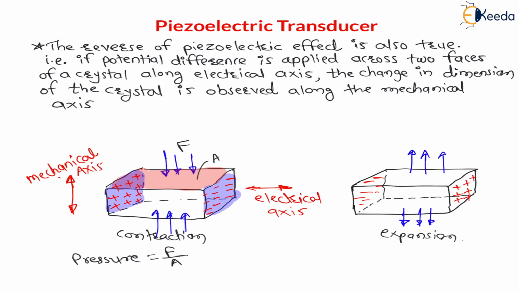Now, my dear students, if I go on changing the polarity continuously, that means if I apply alternating current, if I give an AC supply, sometimes on the left face there is a positive charge, then there will be a negative charge. Positive, negative will change. Means on this face there will be positive for some time, then negative. On this face, sometimes positive and sometimes negative.